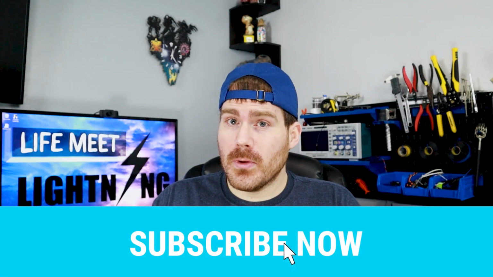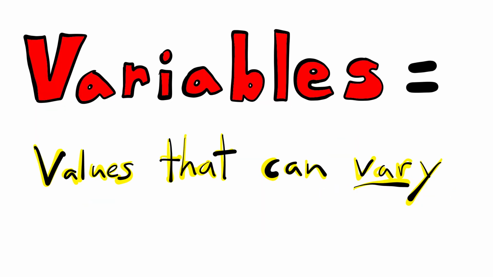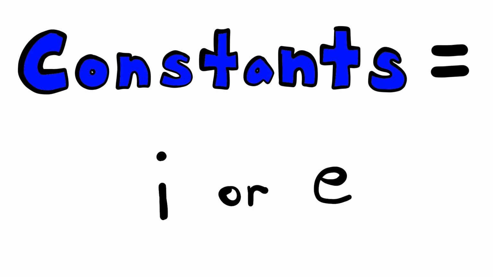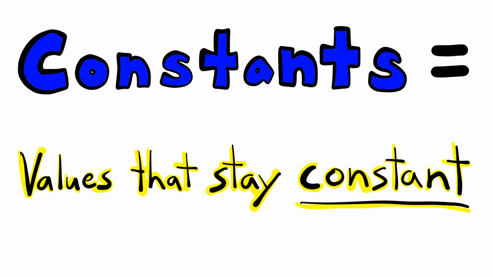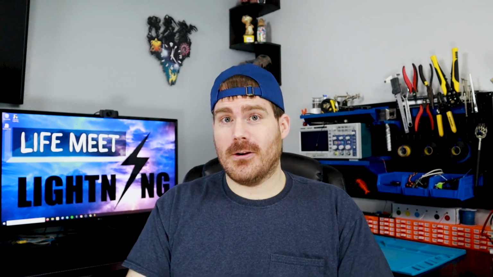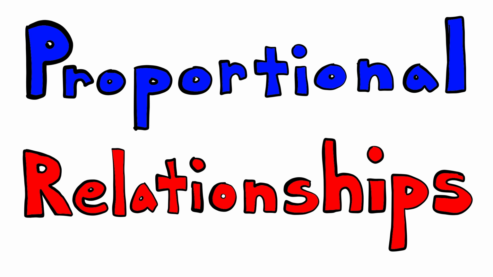Alright, you'll hear the terms variables and constants thrown around when working with equations. Variables are simply those containers we were talking about in the last video. Remember the ketchup bottle analogy? That was fun. Variables represent values that can vary, and are typically represented by letters like we used when talking about Ohm's law. Constants, on the other hand, are the numbers, letters, or other symbols such as pi that represent a specific unchanging value. So basically, constants are constant and variables vary. Pretty easy, right? I just wanted to clarify this terminology because you'll definitely hear these terms thrown around frequently through your learning electronics journey.